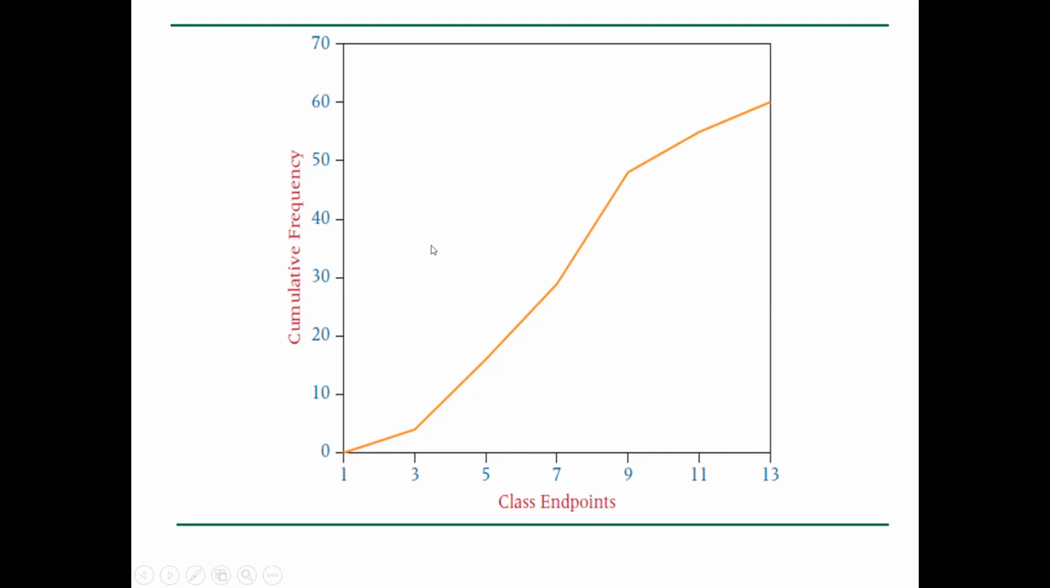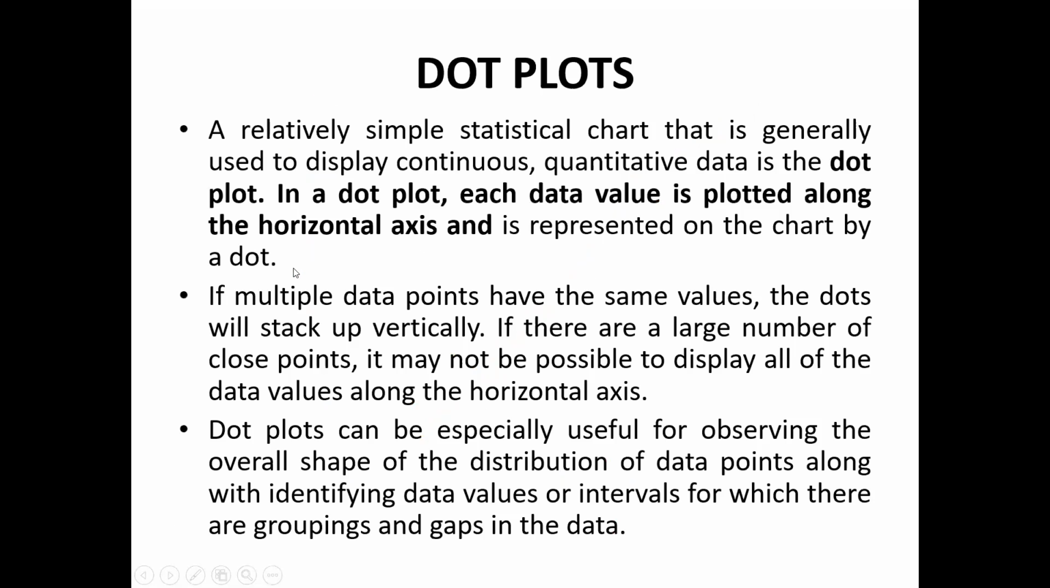And third is ogive, which we call cumulative frequency polygon, in which we plot class end point and cumulative frequency. Now the fourth type of quantitative data graph is dot plot. A relatively simple statistical chart that is generally used to display continuous quantitative data is the dot plot. In a dot plot, each data value is plotted along the horizontal axis and represented on the chart by a